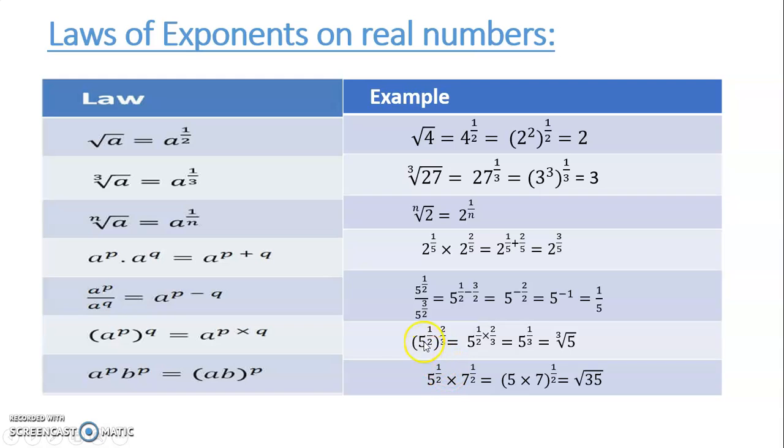So here if 5 raised to the power half and this 2 by 3 is outside, this is the inner index and this 2 by 3 becomes the outer index. Then you can multiply both the indices or exponents. This 2 can get cancelled and you will get 5 raised to 1 by 3. So you know that this becomes the cube root. These are equal. So this 3 you can put back to the irrational number, root 5.